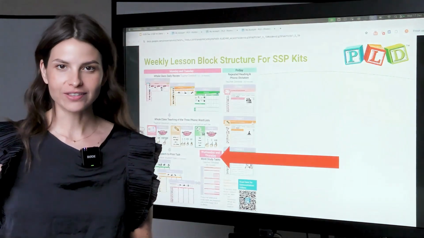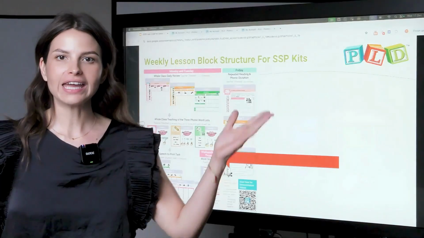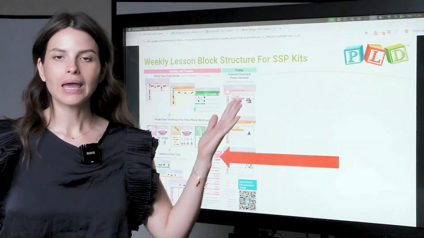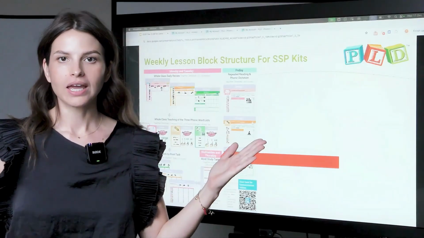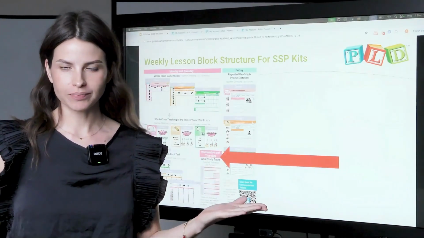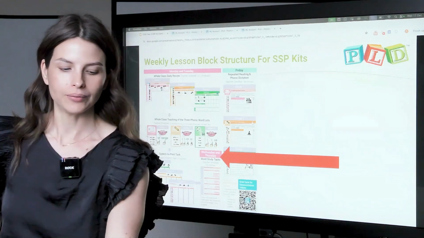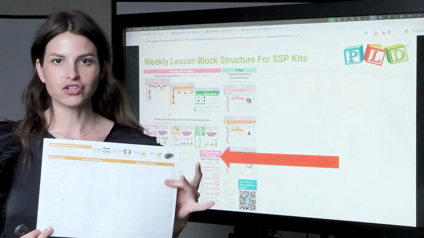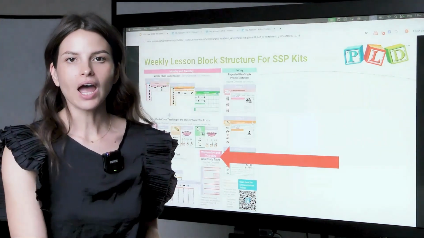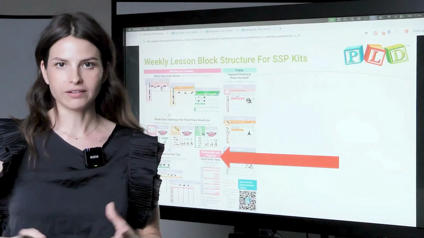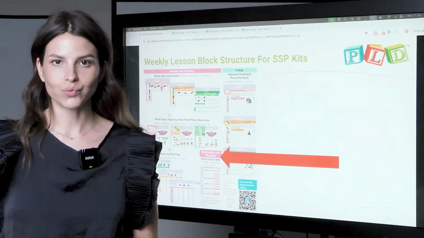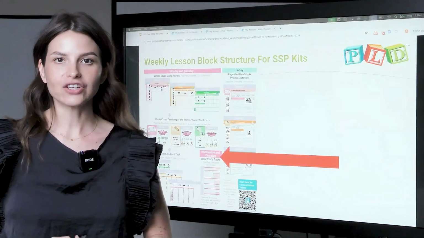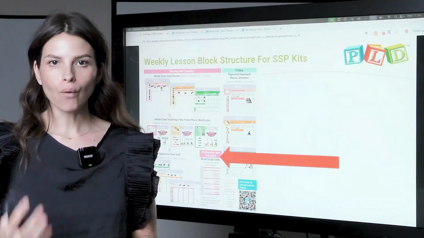So on Wednesday, Thursday, we still start out with a daily review. And then we go over the 3 word lists again. But instead of doing the speech to print process using our independent speech to print task, this time we are going to do a word study task. So again, I'm going to demonstrate one word from each word list before sending students off to complete 4 words